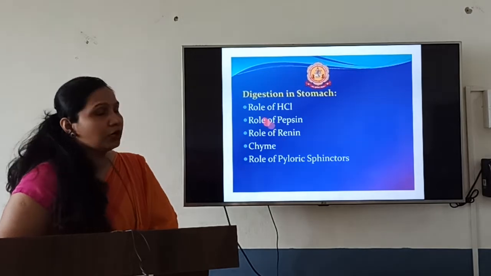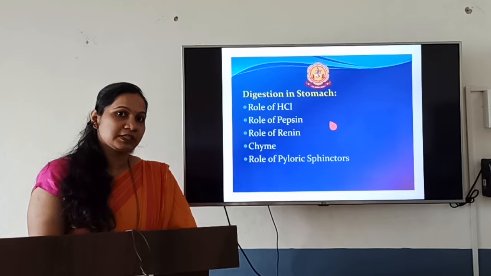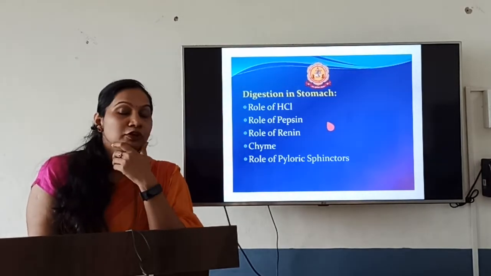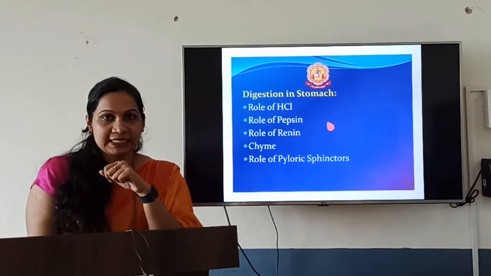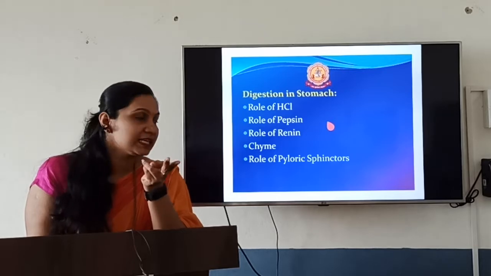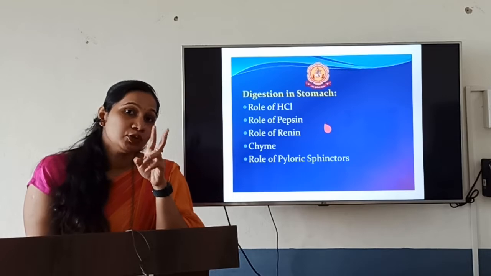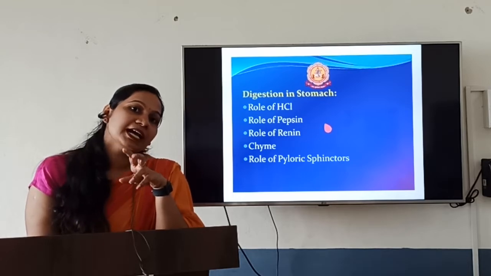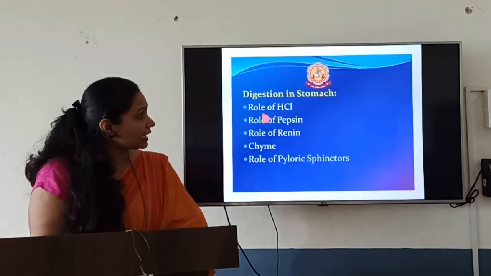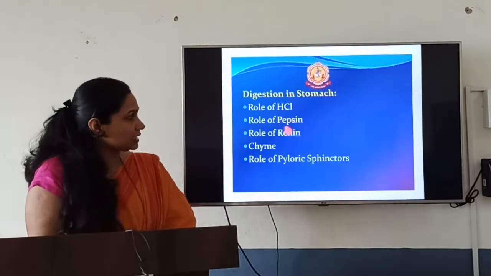Okay. So what are the things which are happening in our stomach? How does the digestion take place in our stomach? Stomach mainly consists of HCl. One of the very important components of the stomach is nothing but HCl. As well as there is a presence of 2 important enzymes. One is pepsin and one more is renin. Both of these enzymes are secreted in the inactive form, where they are activated by the HCl.